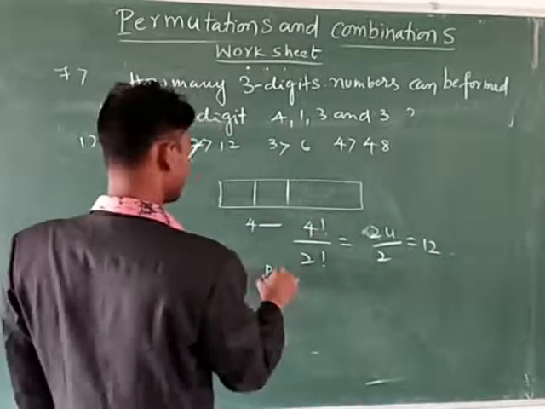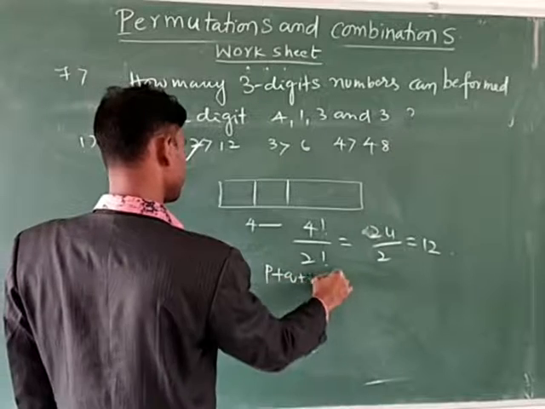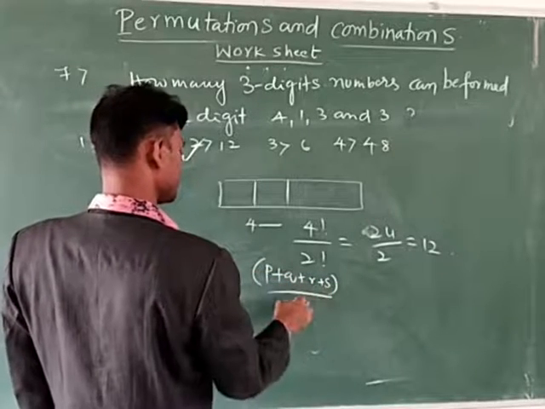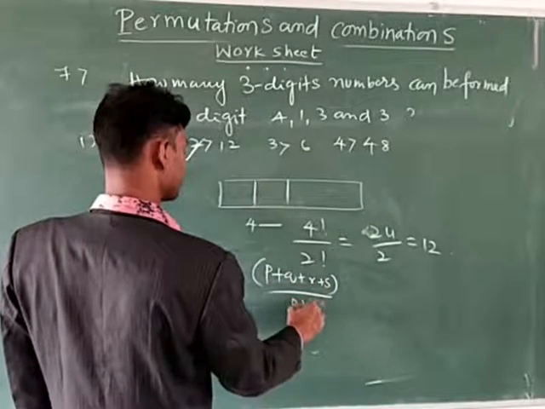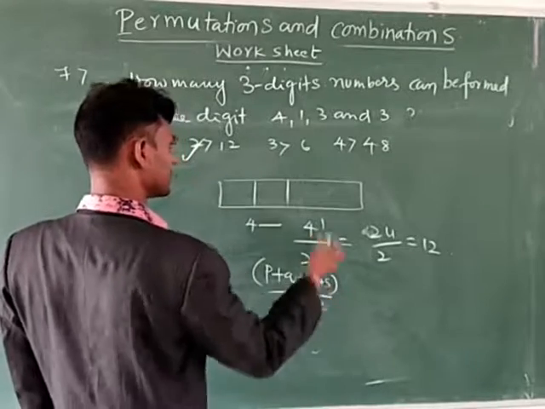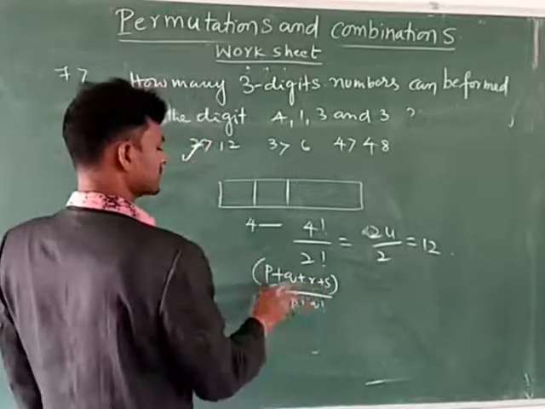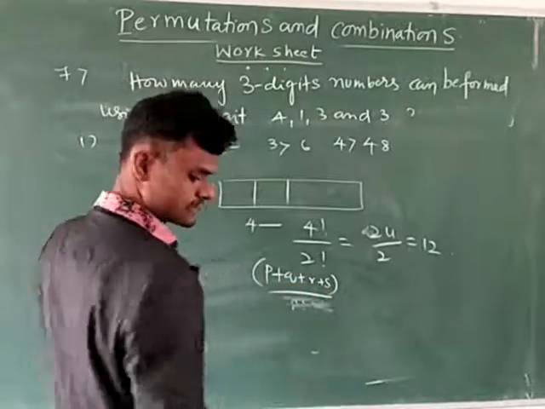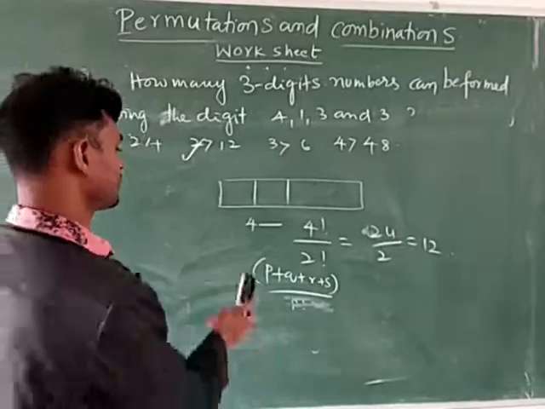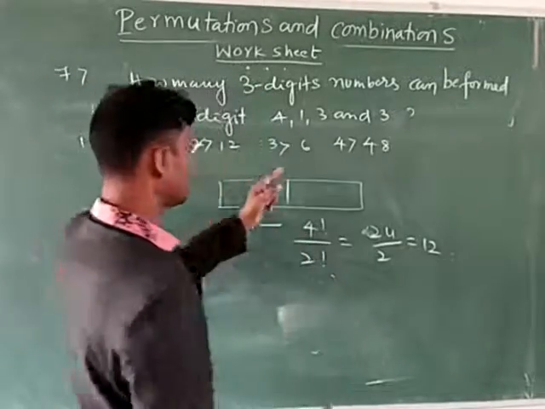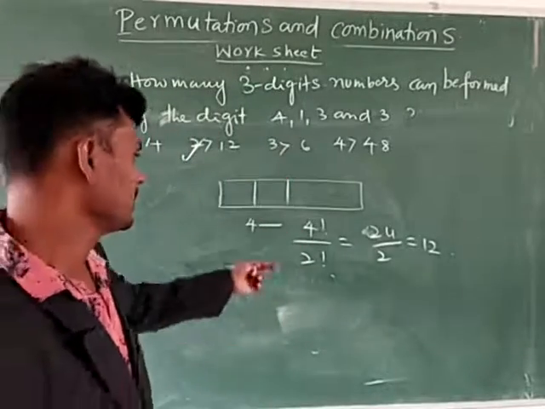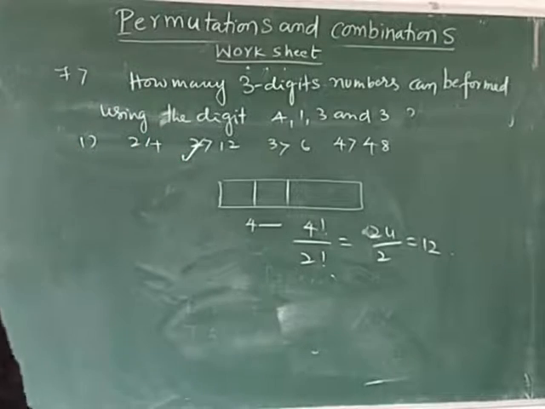Here actually the formula is (P plus Q plus R plus S) factorial by P factorial, Q factorial and so on. Here, how many digits are repeated, that one you can write here. Here total is 4, P plus Q plus R plus S. Okay, otherwise there is no need for this. Simply take the total number of digits, that is 4 factorial, divided by the factorial of the repetitions given, that is the answer.